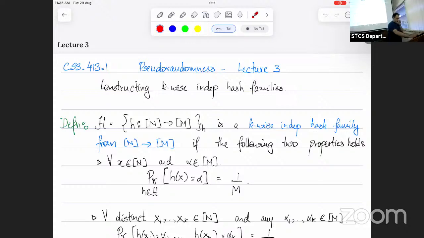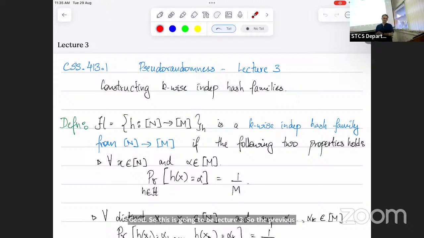Okay, good. So this is going to be lecture 3. The previous lecture, basically what we saw was some of these basic ways of de-randomizing algorithms. The first one was this method of conditional expectation that we saw, which is like